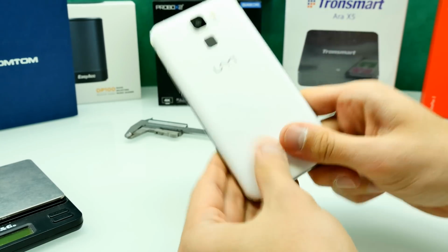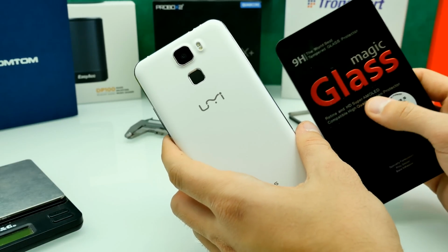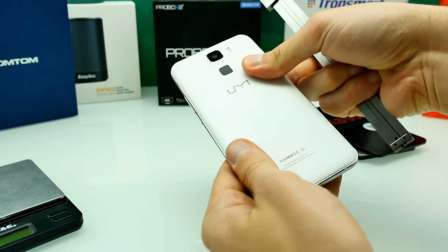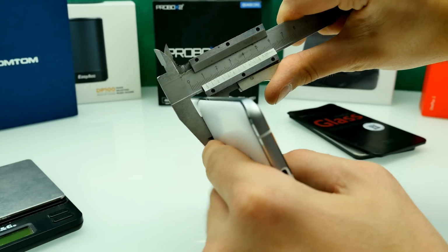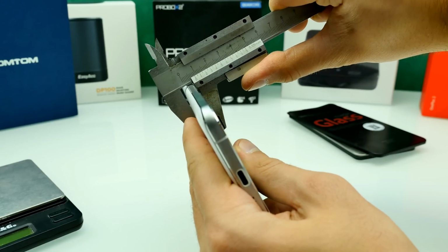And also I forgot to mention, there's a magic glass screen protector included, so you know some pretty hard, or how should I say that, it's tempered and quite stable and helps you to protect the smartphone. But actually I haven't used it at all, and it's $10, so you can get some additional screen protector when you buy it. The thickness of the body, it's 9mm, and that's okay regarding the thick battery and the massive